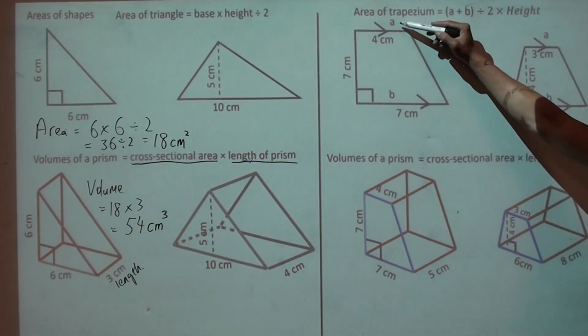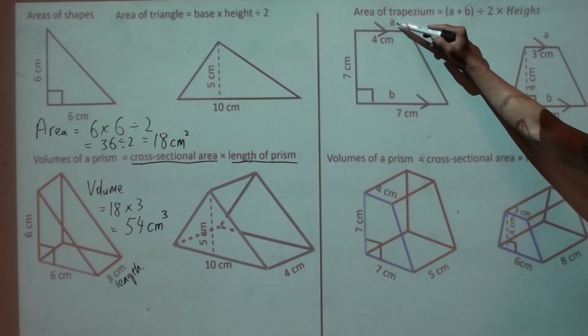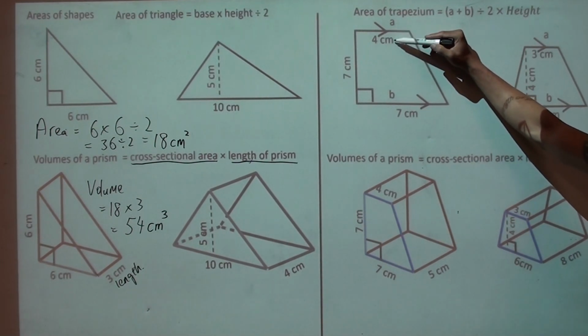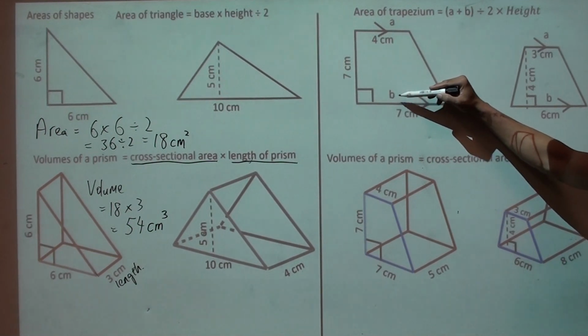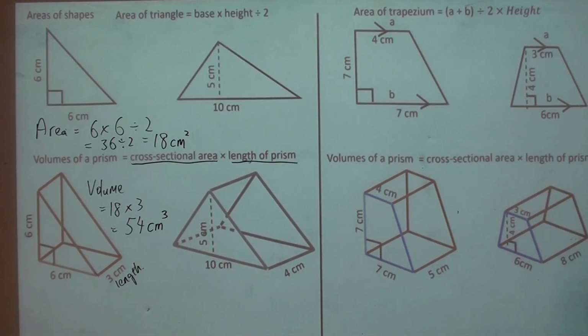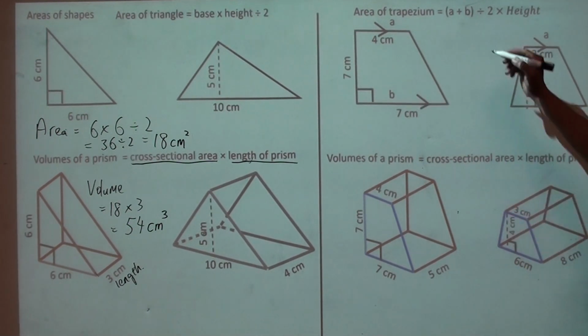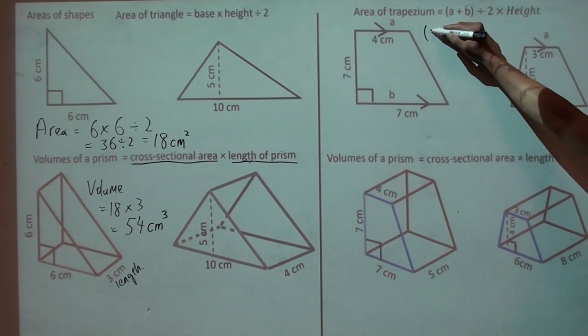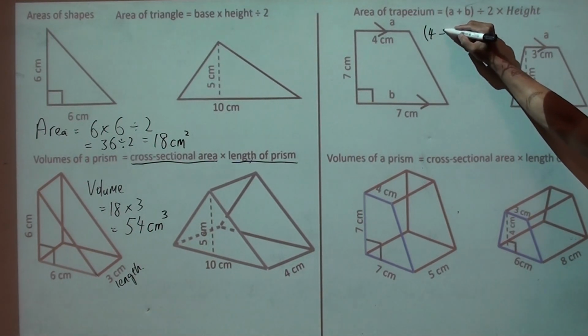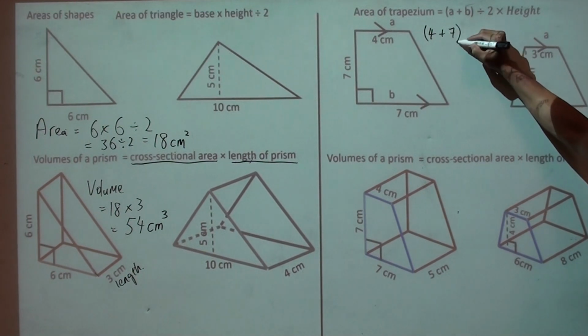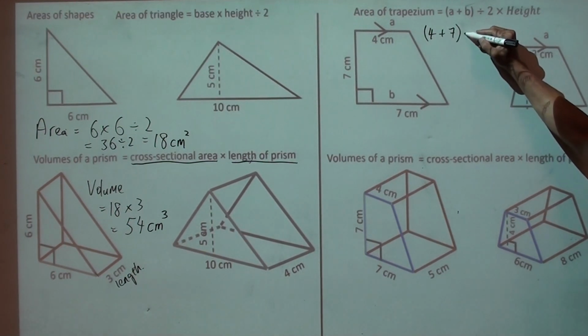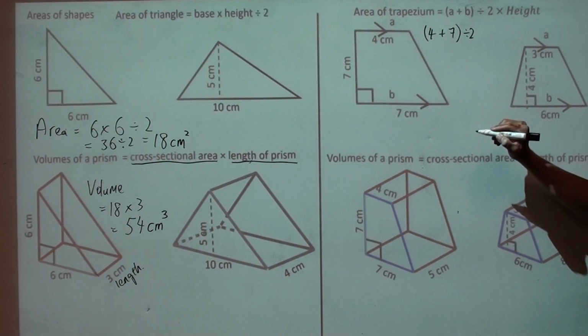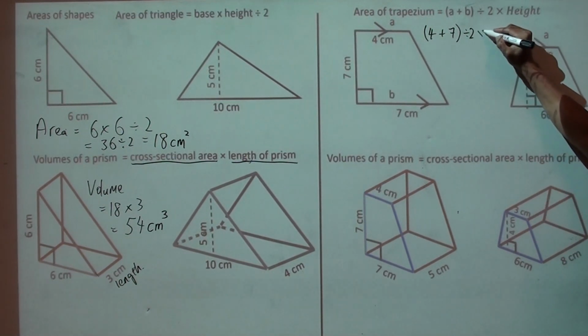So I have identified A to be 4 centimeters and B to be 7 centimeters. So here we go. We're going to add 4 to 7 first, and then divide by 2, after which we're going to multiply by